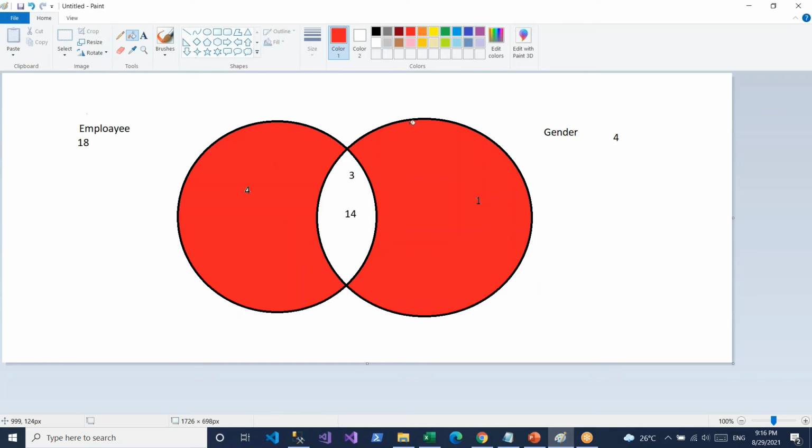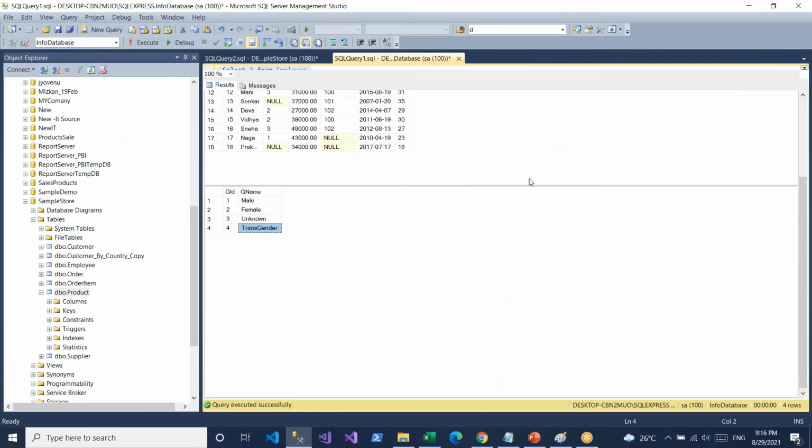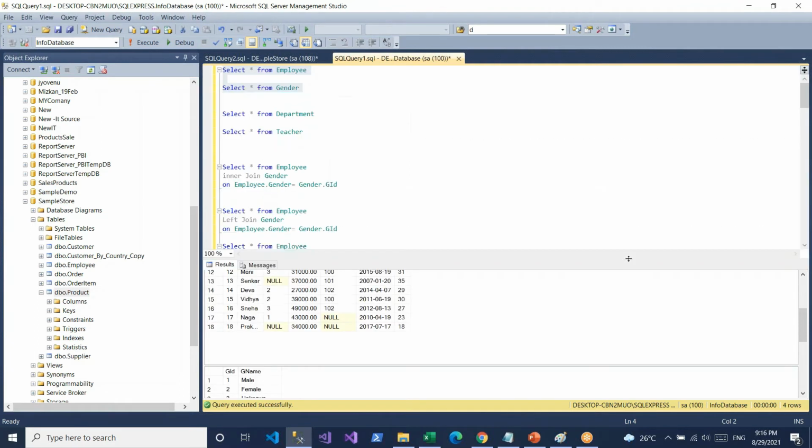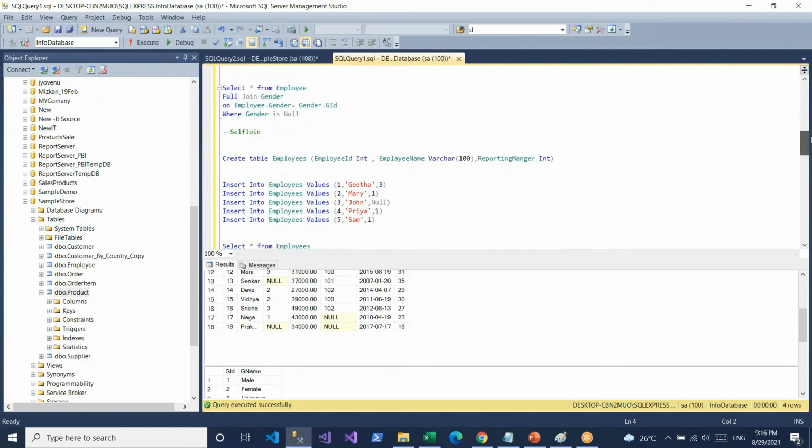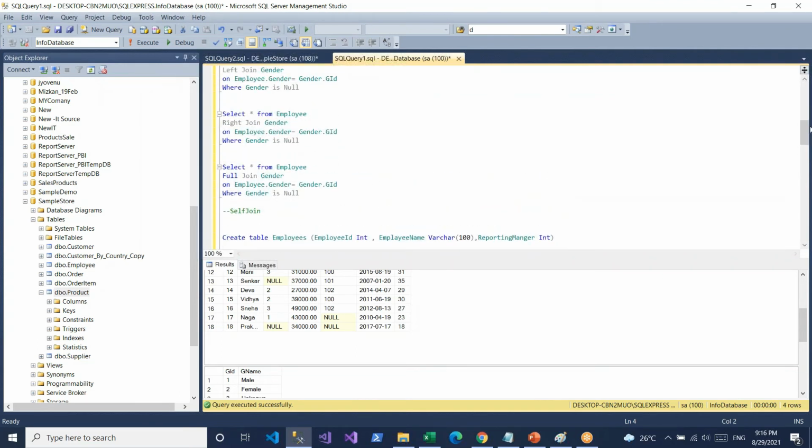If we take total values, out of 14 plus 4 plus 1, these 19 records, we take the full records, and these will get the 4 plus 1. The same thing we apply in a full outer join. Full means left and right outer joins combined.